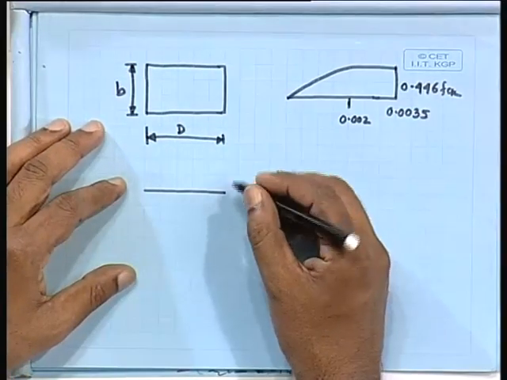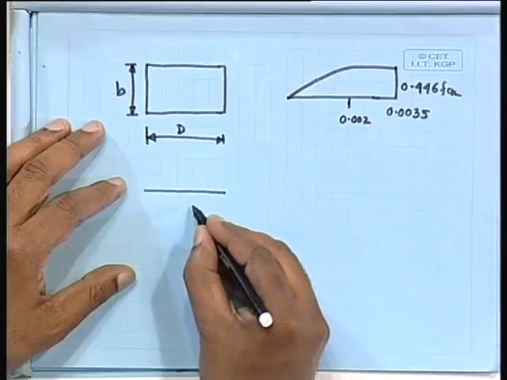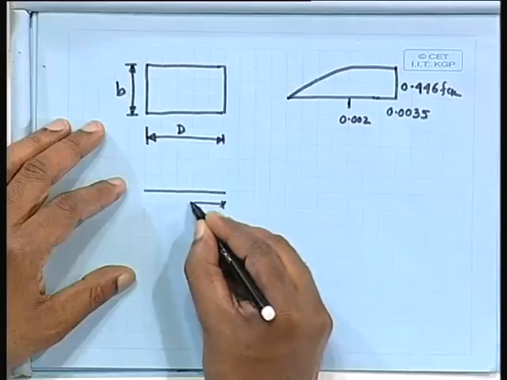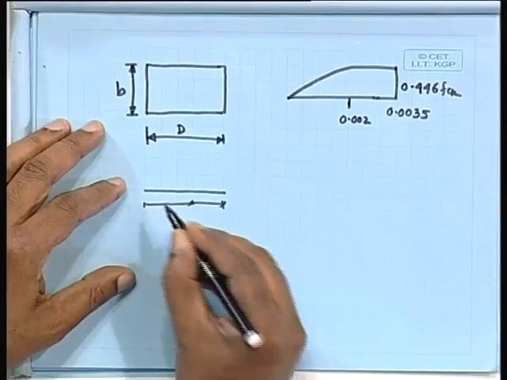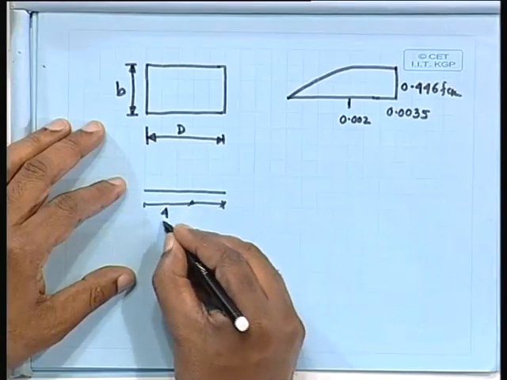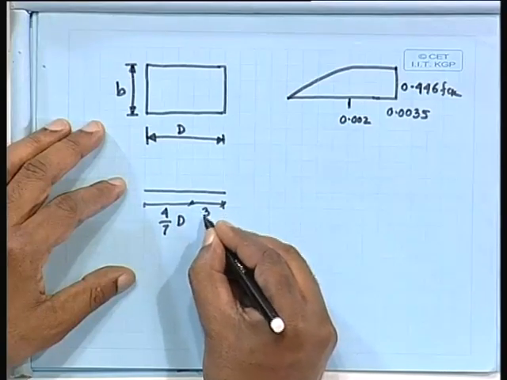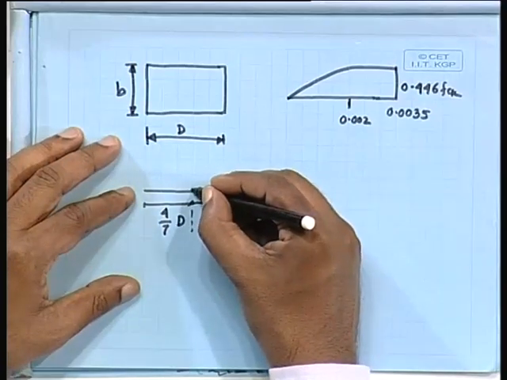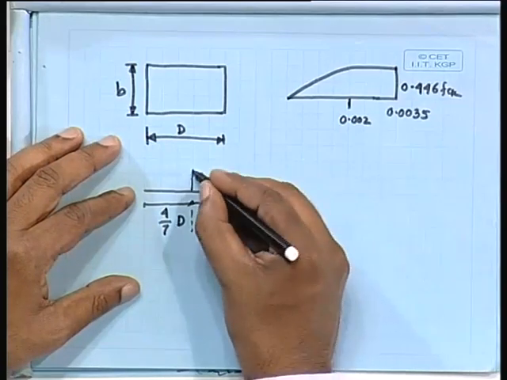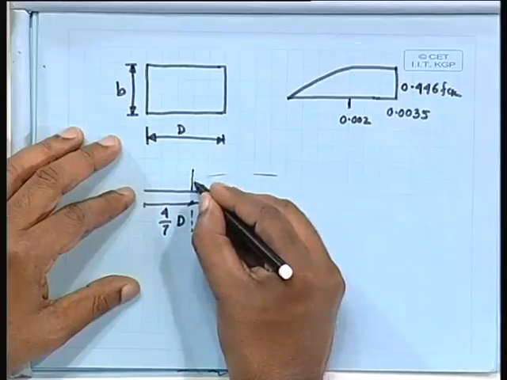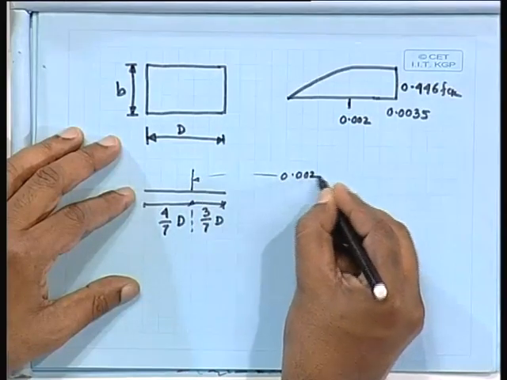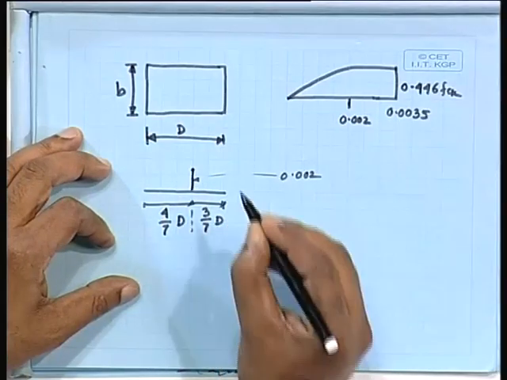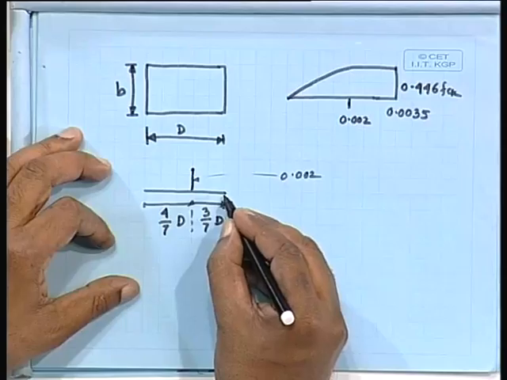Here what we shall do, somewhere we shall get here, so we shall get 4/7D and 3/7D, and at this point we have 0.002, the strain. What happens here, this is our pivot point 0.002, and from the highly compressed area, because we are